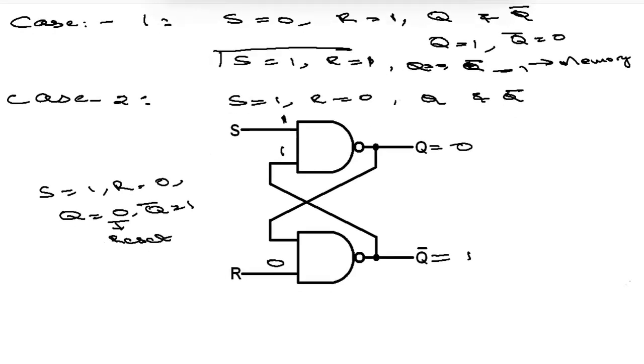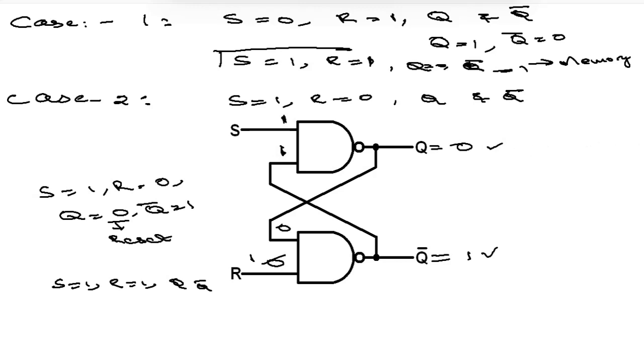Reset condition. Again we have to apply S equal to 1, R equal to 1 for this value. We have to find out Q and Q bar values. Now the S value is 1, R value is 1. So now the value is 1. Now Q value is 0, so Q bar is 1. Again Q bar is transferred here. So S value is 1, Q bar value is 1, we get the output value is 0.